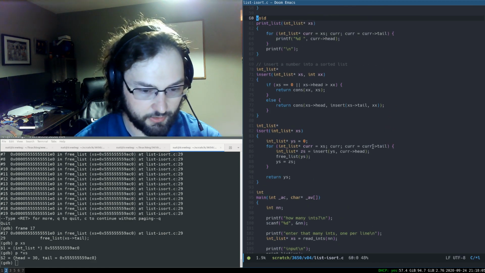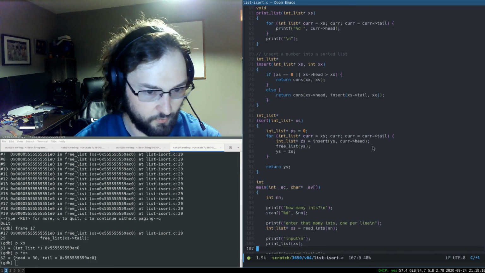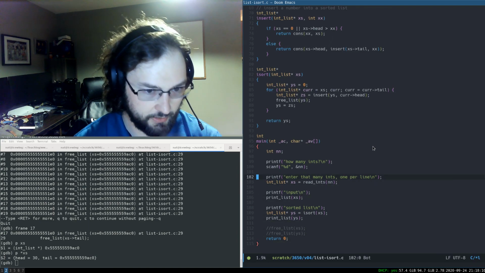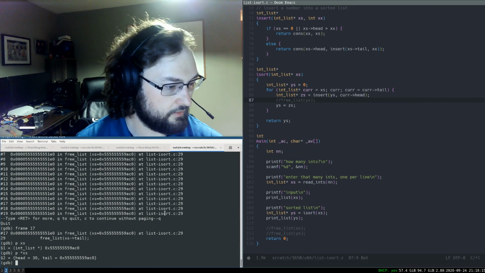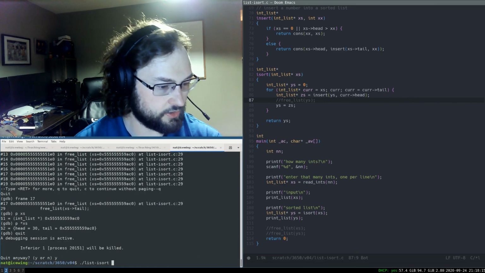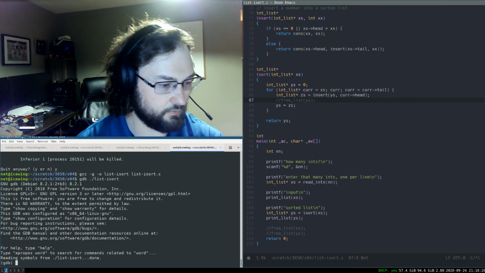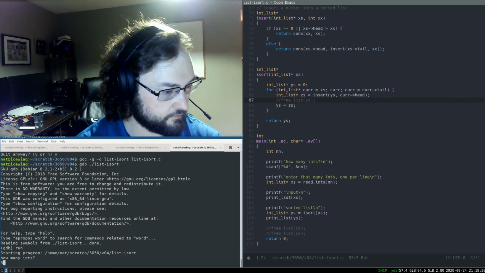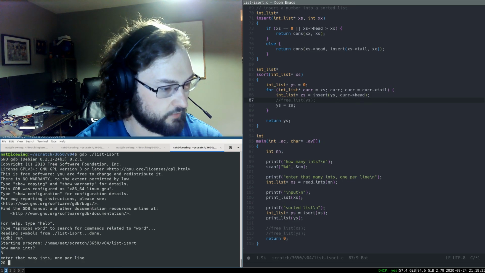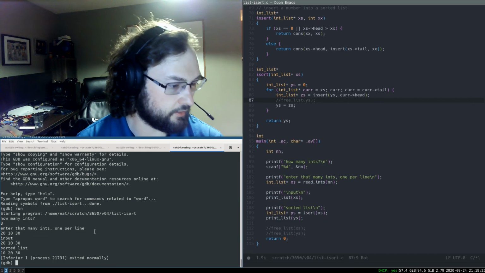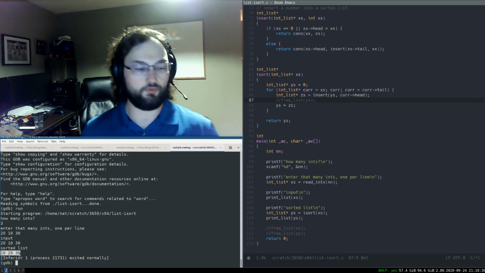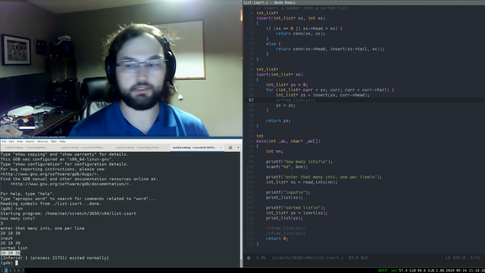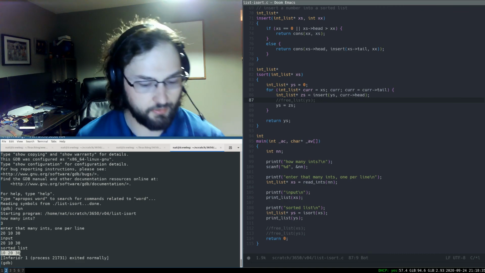So that's obnoxious. Why are we calling free list? Well, we call free list here in isort. So let's just comment out all our frees until we get something to work, and just see if we can get this to sort even with ridiculous memory leaks. 20, 10, 30. There we go. Once we get rid of all the frees, we're able to successfully have this sort of list, which is good,